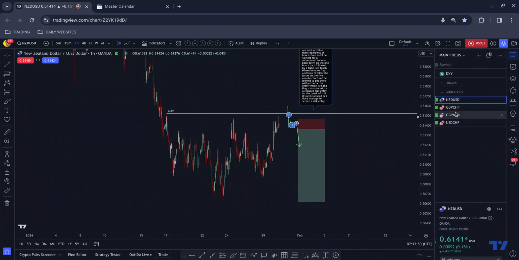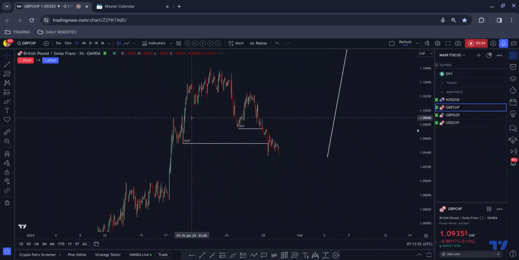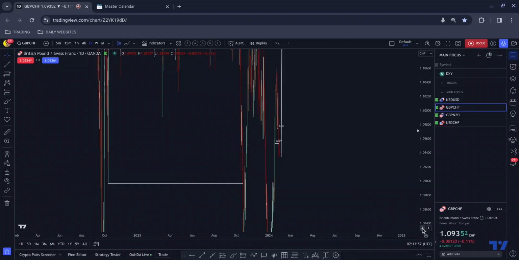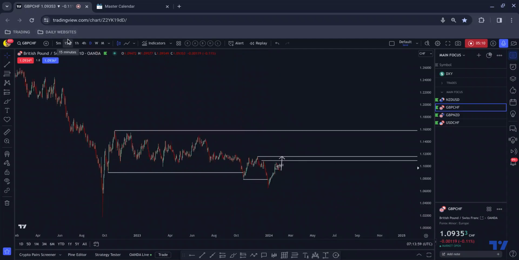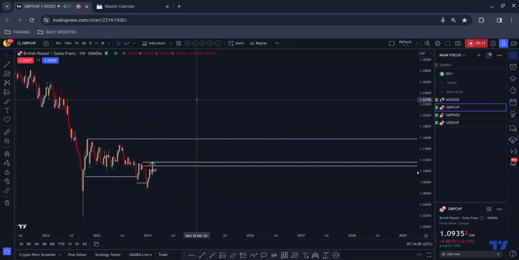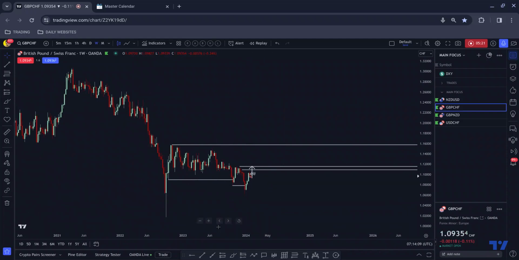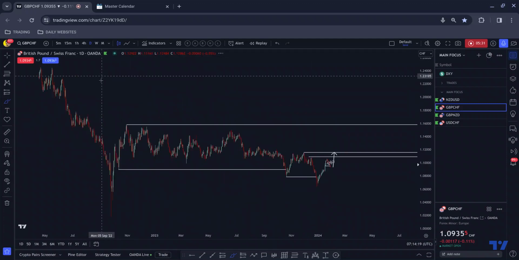So that is Kiwi dollar. So pound Swiss, if we just zoom out, this is more in alignment with what the DXY is doing, as is dollar Swiss, which kind of moves in alignment with the DXY. Looks very similar. So pound Swiss, we have this kind of impulse correction continuation to potentially give us a move to the upside. As I said in yesterday's video, if we just drill down, we have this